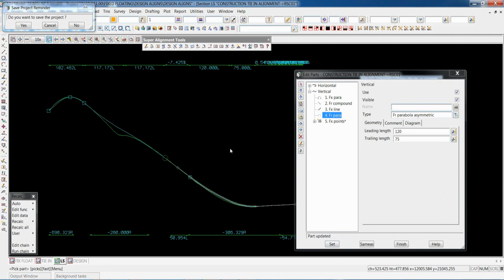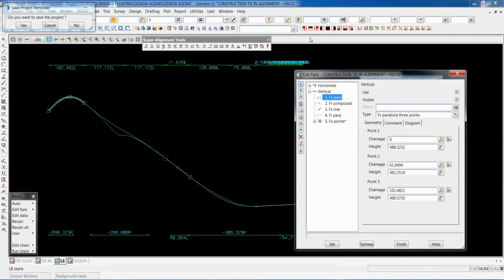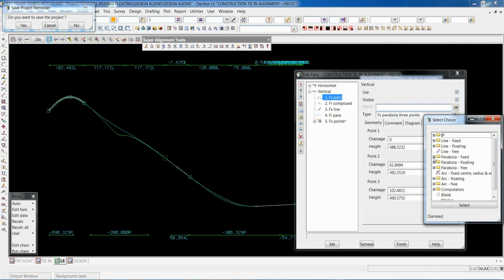Again, we go back into our fixed parabola at the top. If we use the information panel, we might find that the radius there is quite small, so we want to do a bit of further reconstruction and drop down that crest there. We can replace this fixed parabola through the 3 survey points with a parabola with apex and radius.